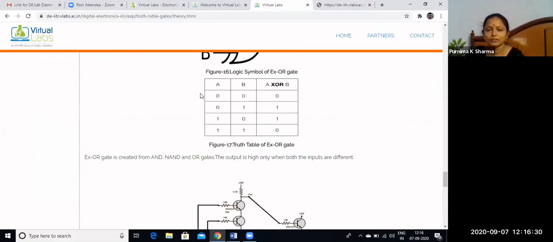If A and B are both 0, then the XOR output is 0. If A is 0 and B is 1, then the XOR output is 1. If A is 1 and B is 0, the XOR output is 1. If both are 1, then the XOR output is 0.